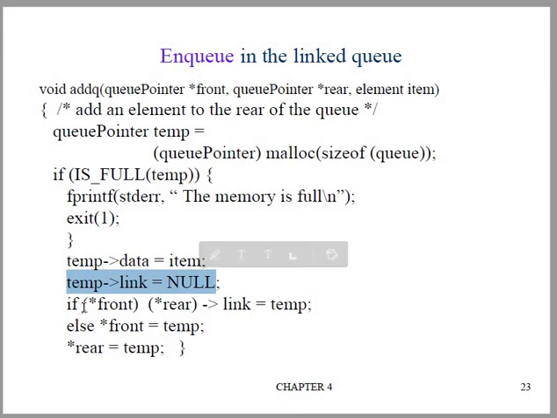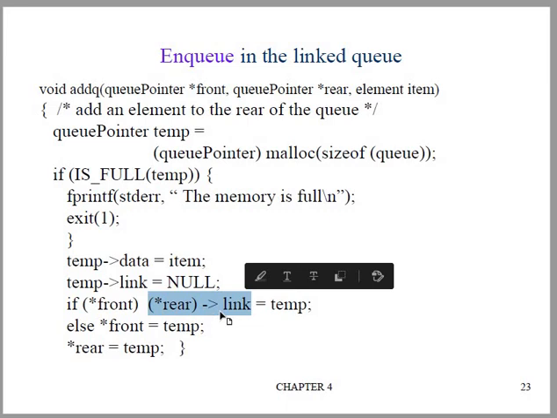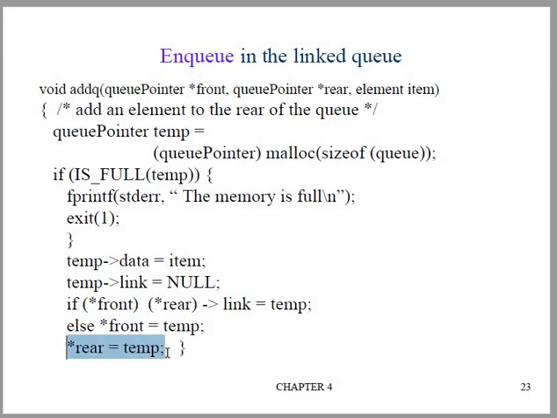Okay, if front is available, it means that the queue exists. That is, if front is not null, the queue is existing. Okay, so now the rear pointer will point to the last node in the queue, so that link we have to make point to temp. So now the new node we have inserted into the queue will become the rear node. How will we do that? At the end of the function you have to write rear equals temp.